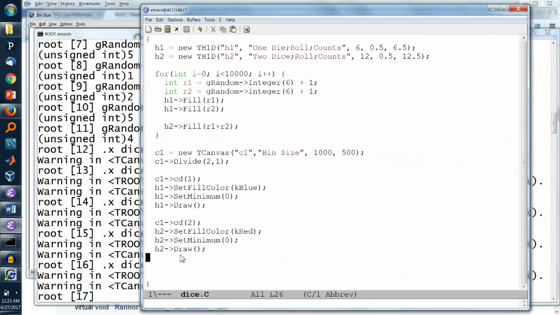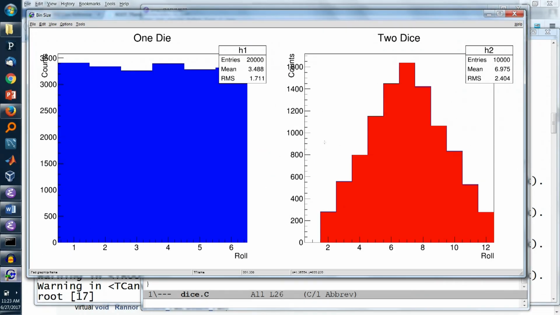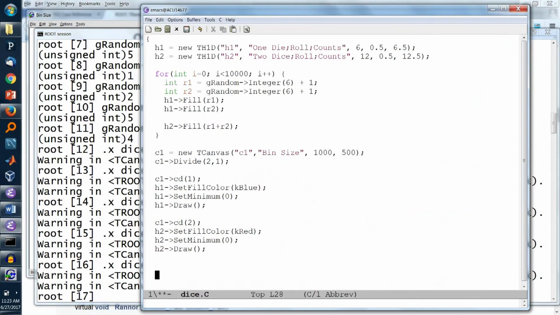So, last thing, suppose I actually want to take these numbers and write them down or save them or record them. I don't want to try to do this manually, but maybe let's output these to the screen. Root has functions for reading these off called GetBinContent, and I could use a similar function called SetBinContent to put whatever I wanted inside a bin. So let's do that. Down here at the end of my code, let's have it output the bin